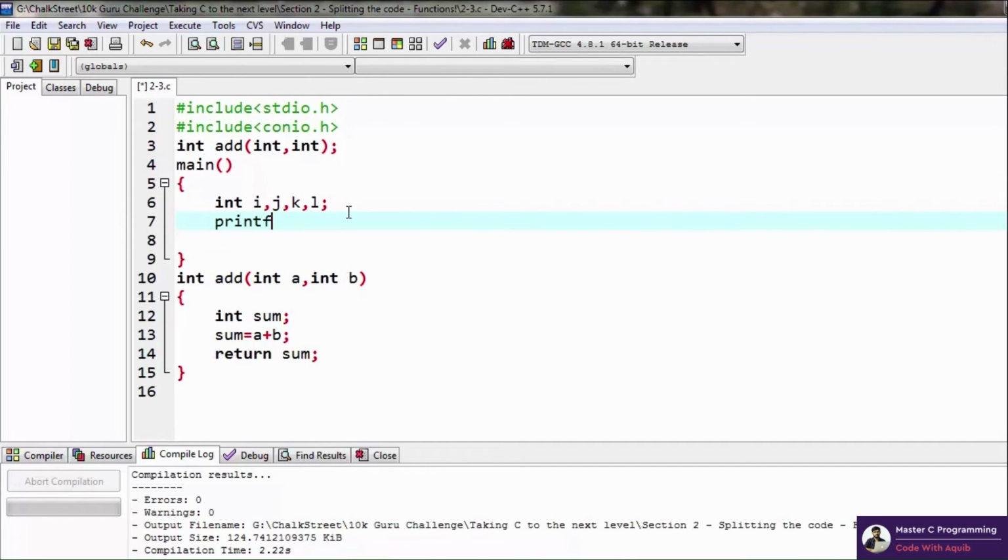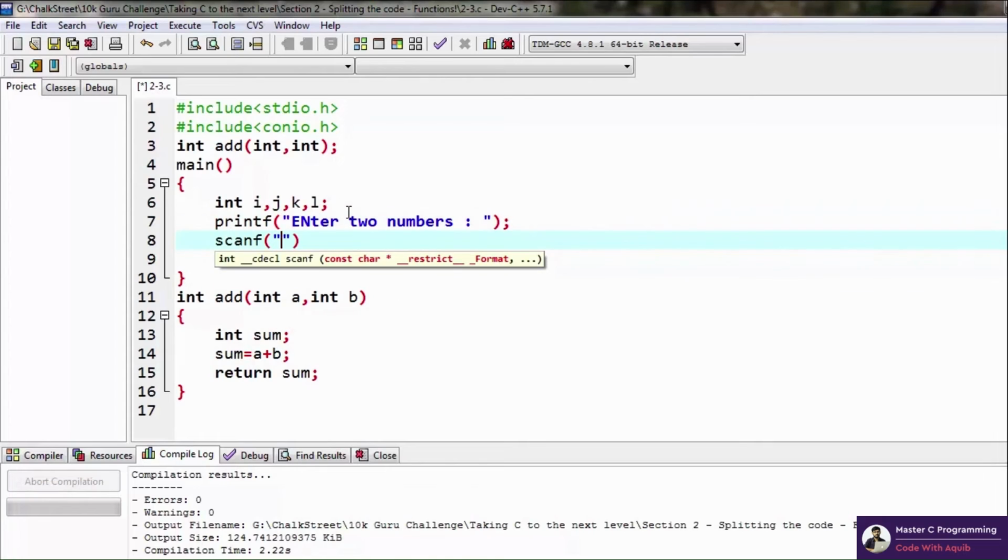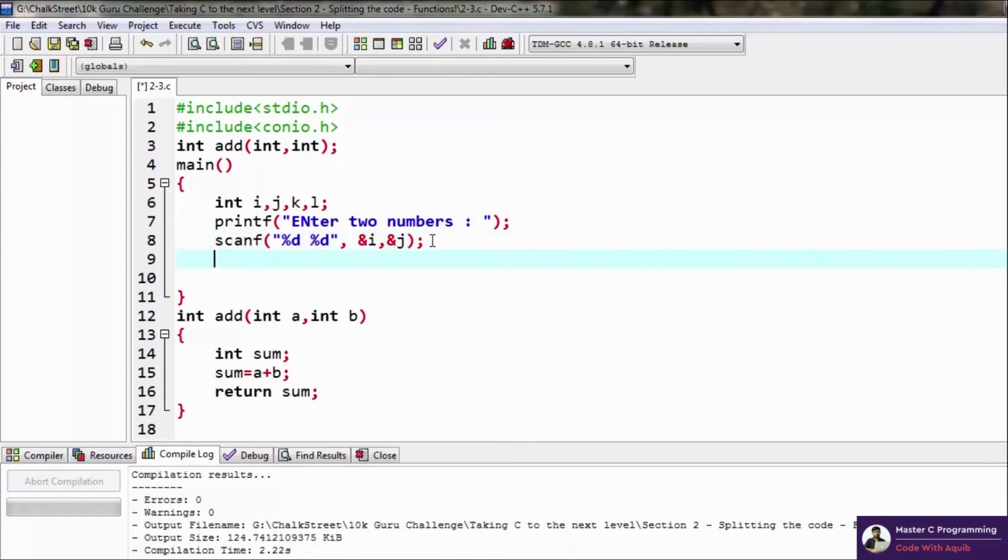So let's read the numbers from the user this time. So we'll say enter two numbers and scanf %d, I and j. Right, so we have stored two numbers from the user in the variables I and j, and